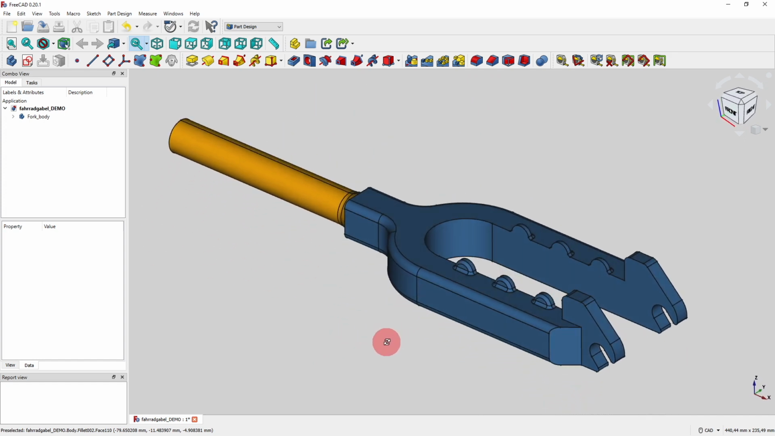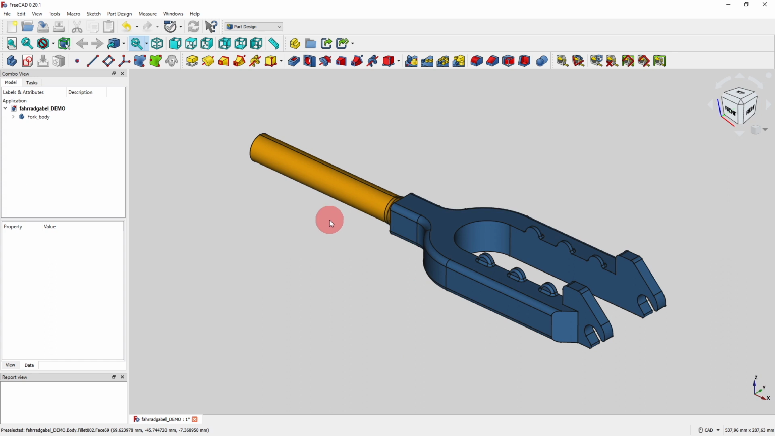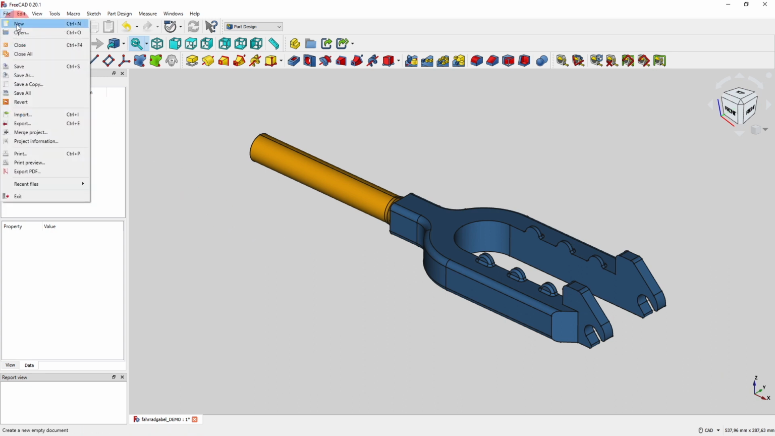You see it contains the fork here in blue and the shaft here in orange. And this is a little bit more complex model, and I'm going to show you from 0 to 100% how to model this fork. So the first thing we need to do in FreeCAD, we go to File, New,